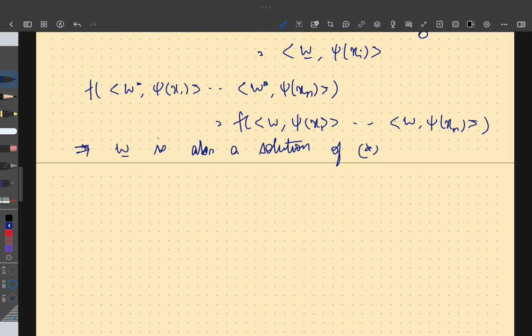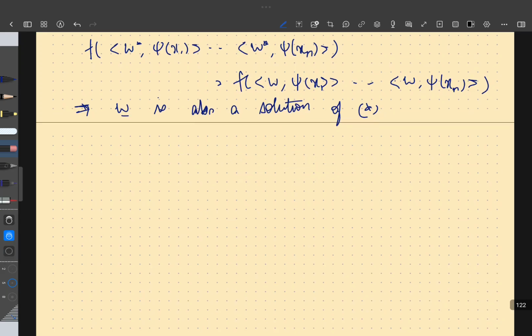All right. So that's one thing, that's finding the solution, finding W. The second is, suppose that we somehow found W. We solved the optimization problem and found W. Then what is h of x going to be equal to? It's basically the indicator that the inner product between W and psi of x is greater than or equal to,